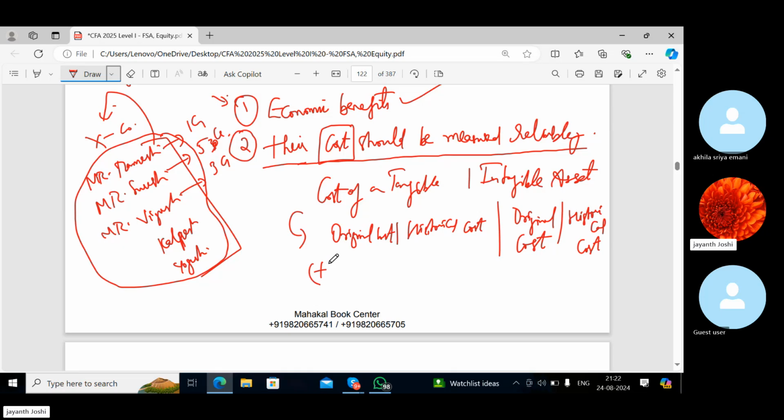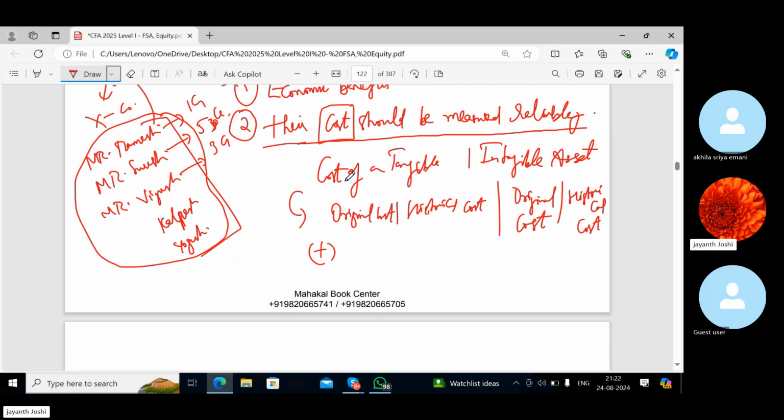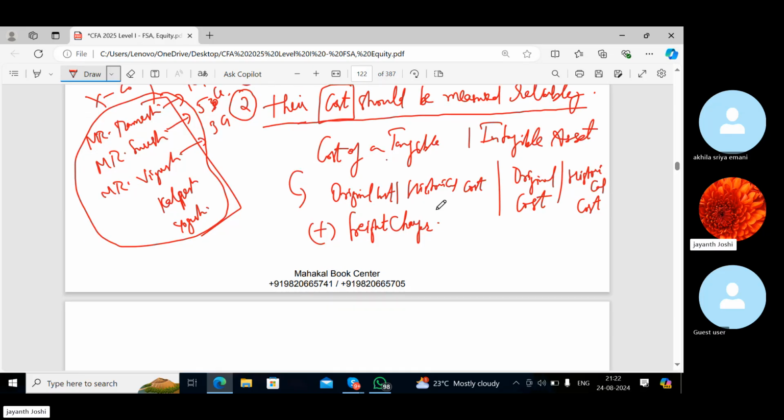Then you will be adding all those expenditures which you are going to spend only once initially when you purchase this asset and make this asset ready for use. First and foremost, freight charges, because you are bringing this tangible asset from your supplier to your warehouse, godown or your factory site. Freight charges,